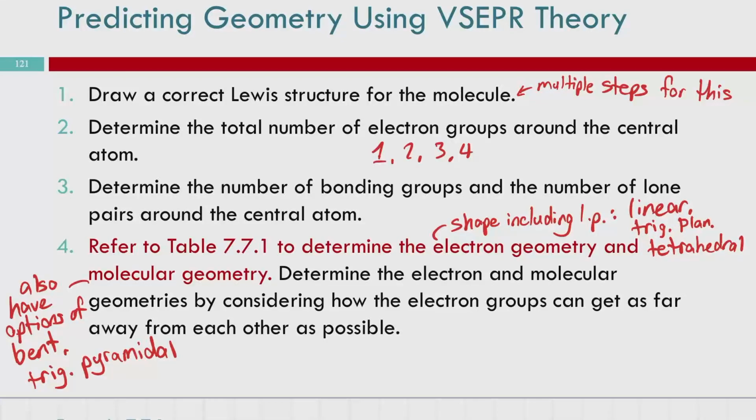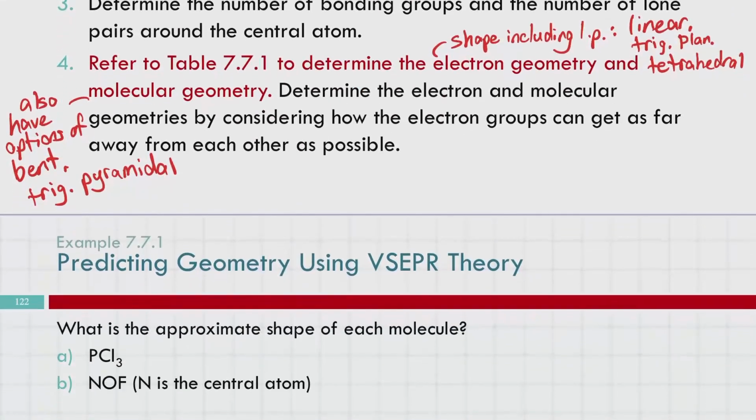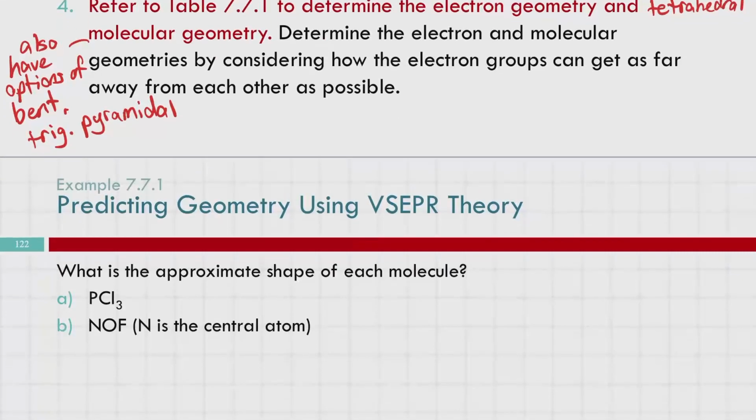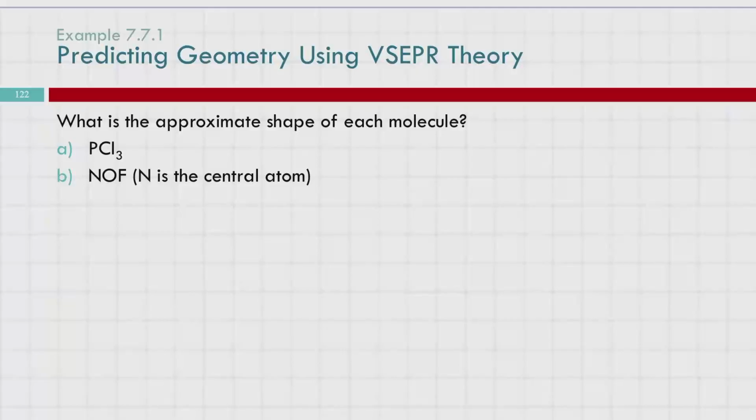Give you some more time to finish your writing. And we'll do some examples. What is the approximate shape of each of these molecules? For PCl3,